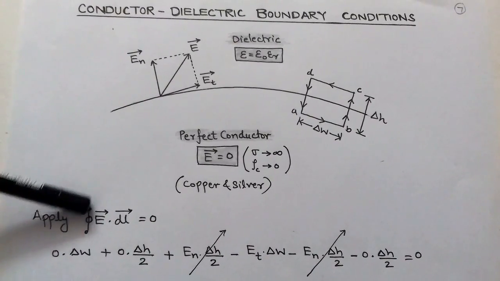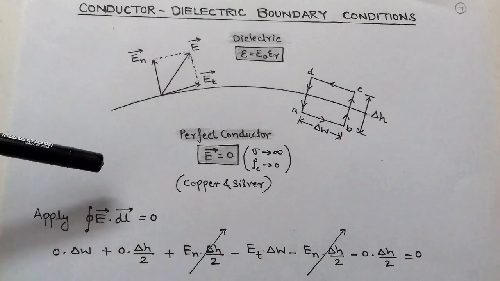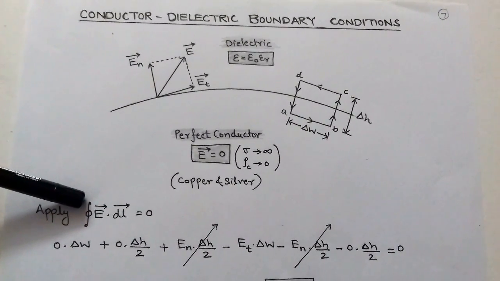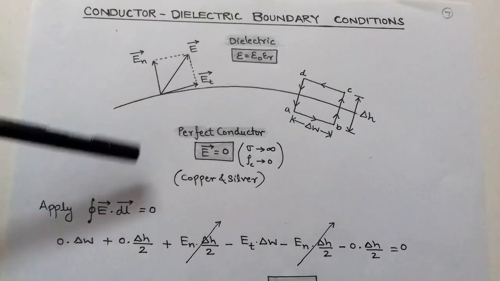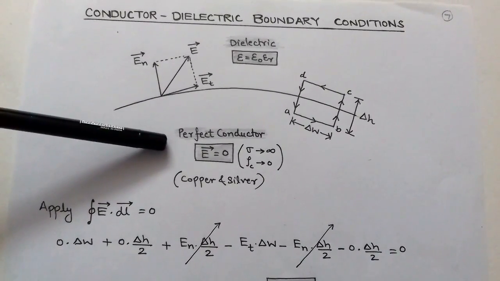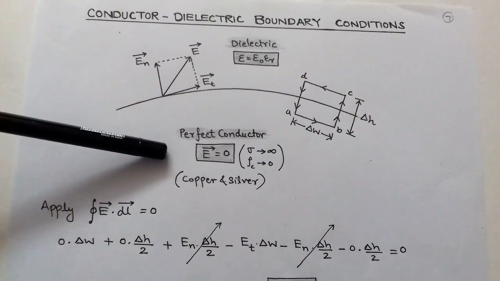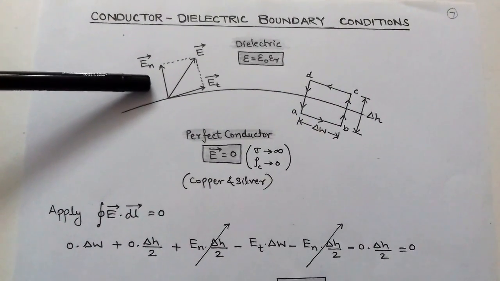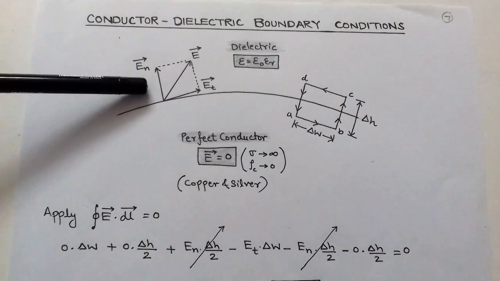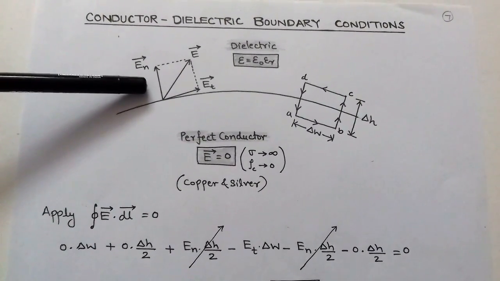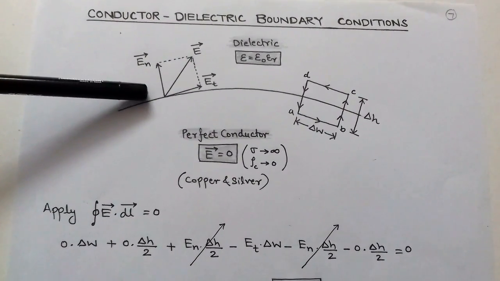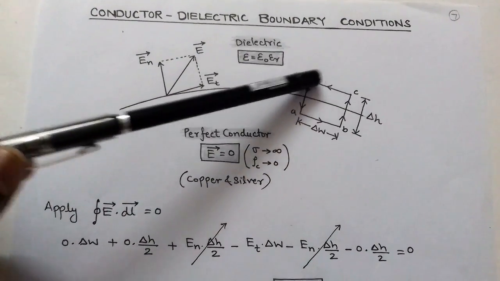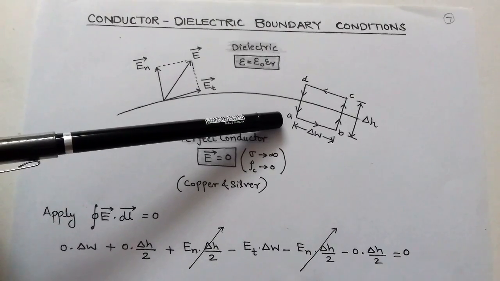First is integration E dot dl equals to 0, and second is integration D dot ds equals to q enclosed. Since there is no electric field within a perfect conductor, there is no normal or tangential component, but in case of dielectric we represent the electric field in terms of tangential and normal components. Now for the first Maxwell equation we consider a closed path